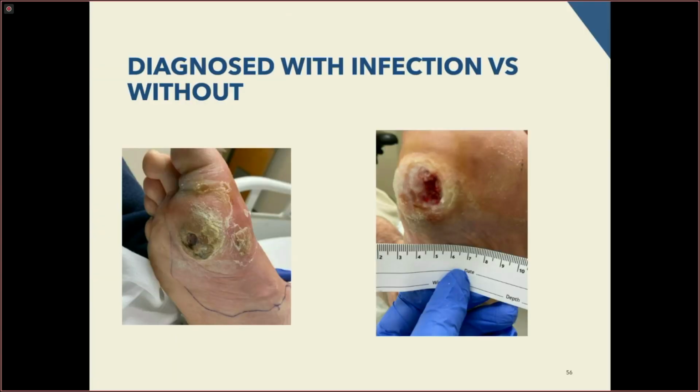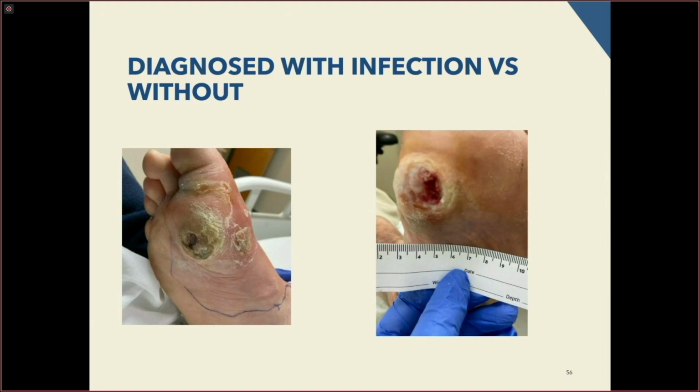I'll show you these two feet that we had the pleasure of working on. Who remembers the phases of wound healing? Anybody? Hemostasis, inflammation, proliferation, and remodeling. So where are these feet? Where are both of these feet? Which stage of wound healing are they? Inflammation. Right,